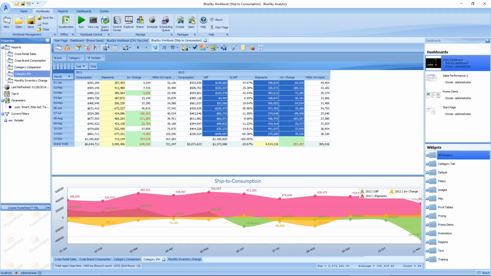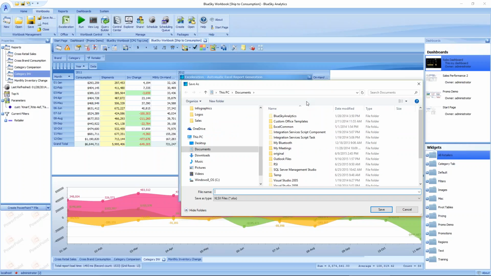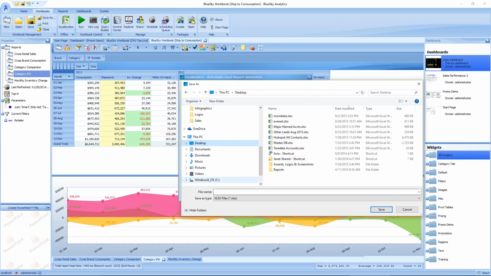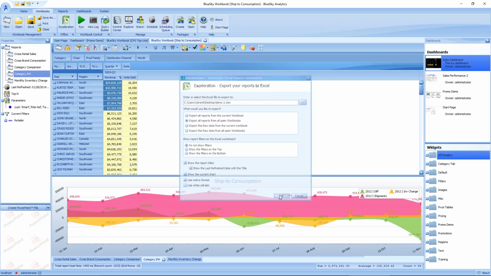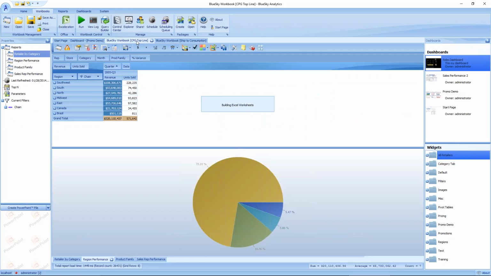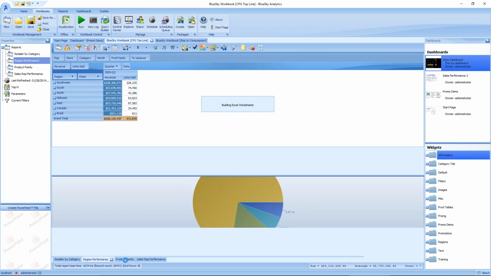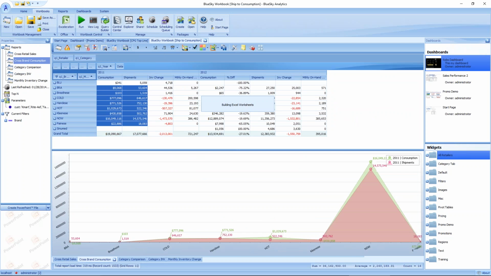You saw the different report charting abilities. I can create a new query. I can even, if I wanted to put all this information into Excel, just click on this acceleration button. I could put it on my desktop. And I can export all reports from all current workbooks. And I'll just click OK. And you'll see it start working through each of the different reports. And it's also scrolling through each of the different views below. And it's exporting that data into Excel worksheets.